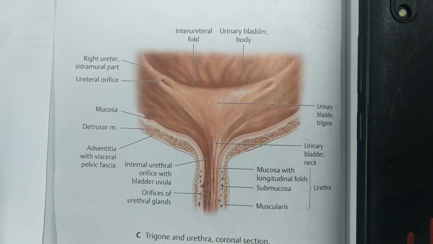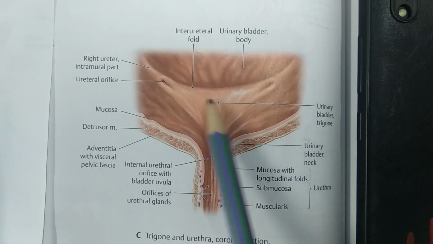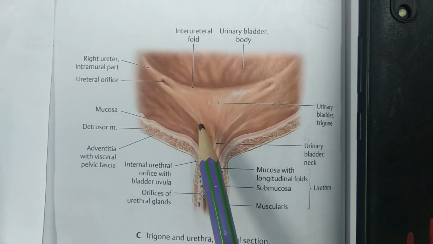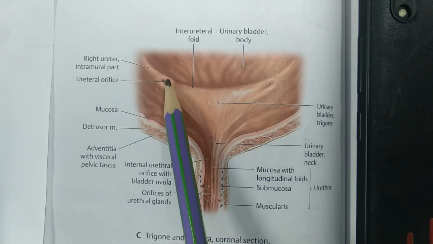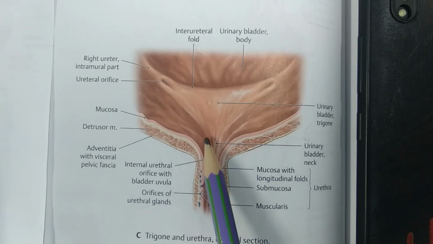Now let's talk about the interior of the bladder. There are a number of temporary mucosal folds, or you can say the rugae, present in the entire bladder except this trigone area, and these folds disappear when the bladder is distended. Now this picture is again a coronal section, anterior view, showing a larger view of the internal trigone, or you can say the trigonum vesicae.